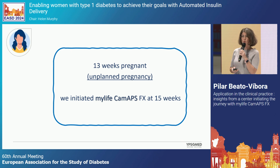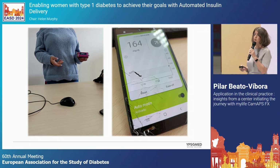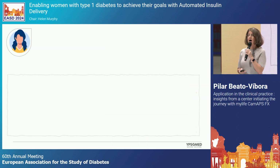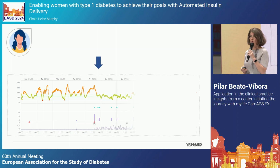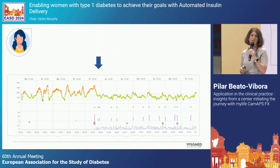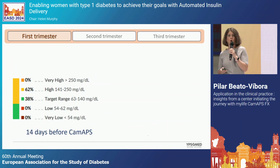We decided to initiate the CamAPS system as soon as we could. She learned very fast. She said that the app was so simple to learn. And this is when we initiated auto mode. First, the previous days on MDI. And now in auto mode, you see an impressive improvement in glucose control